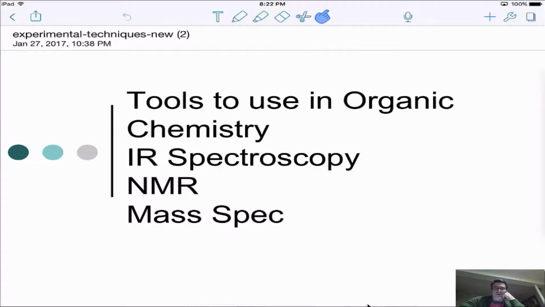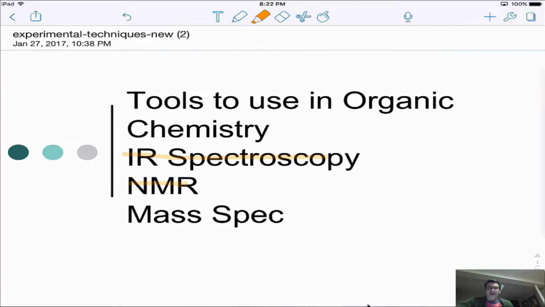Alright, welcome everybody. So today I'm going to talk to you about some of the tools that we use to measure and detect different compounds in organic chemistry. The idea behind this is to give you some insight into some of the machinery and the techniques that scientists use pretty much every day when they discover a new compound, or if they have a compound and they want to confirm its identity. And the three techniques that I'm going to be talking to you about are infrared spectroscopy,